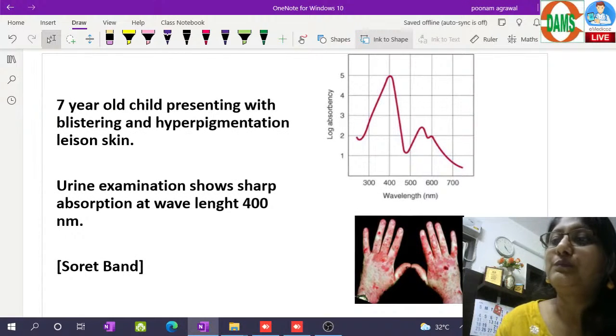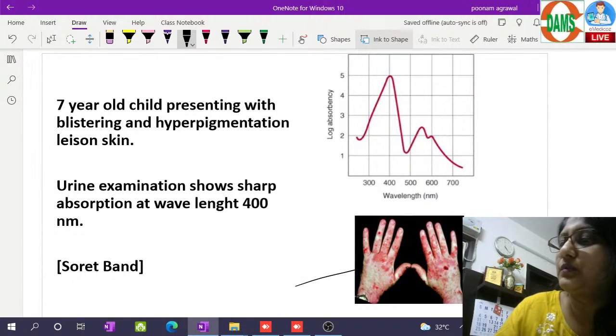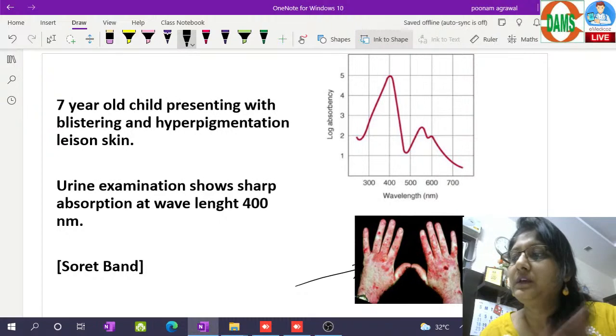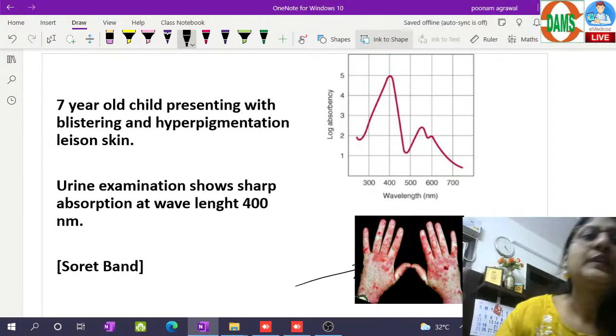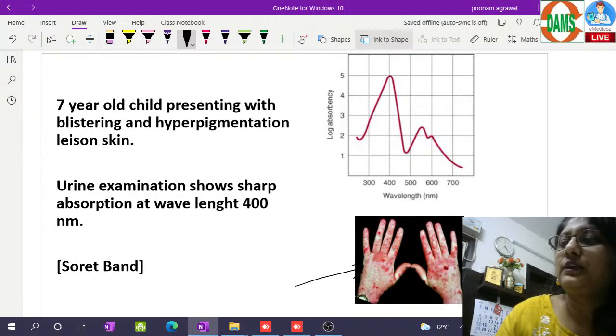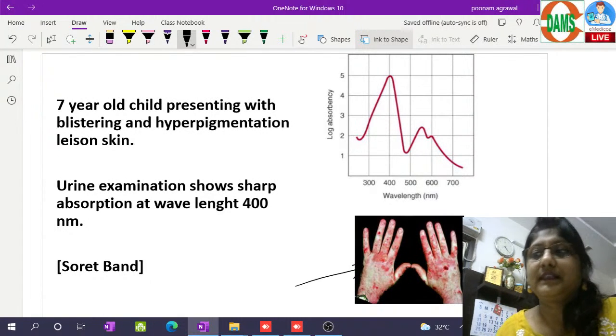A 7-year-old child presenting with blistering and hyperpigmented lesions on the skin. You can see the back of the hand having so many blisters and all. Urine examination is showing, just a second,